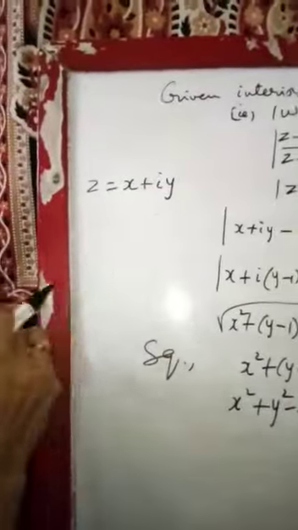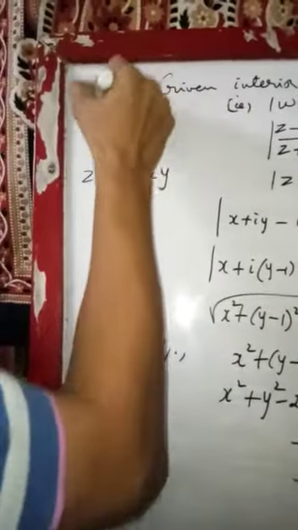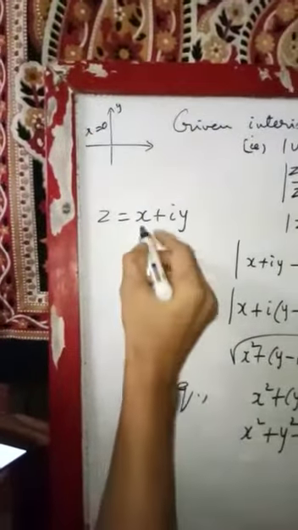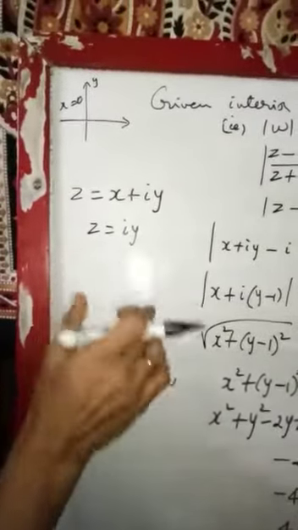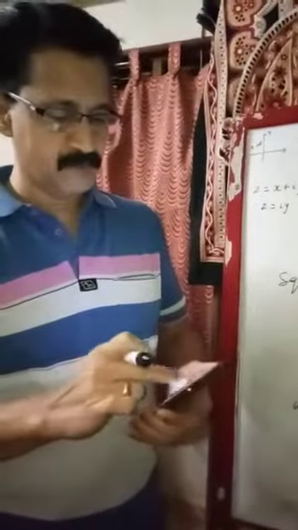And the ninth problem is the same as the eighth problem. What is given? Show that the transformation given maps the imaginary axis. In the last problem the axis of reals was given, so you put y equal to 0. Here it maps the imaginary axis, which means the y axis. What is the equation of the y axis? x equal to 0. When you substitute x equal to 0, you will get iy. The remaining part is the same as the previous problem and is very simple. So you can do the ninth problem. We'll pass on to the 10th problem, the last problem.